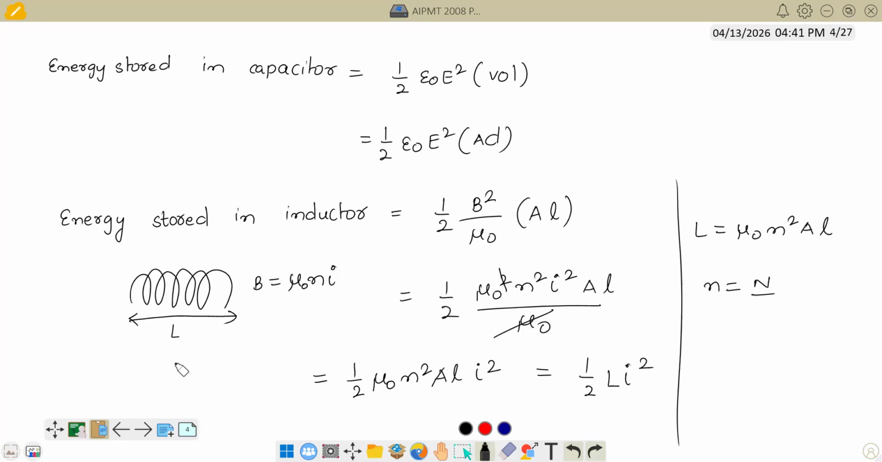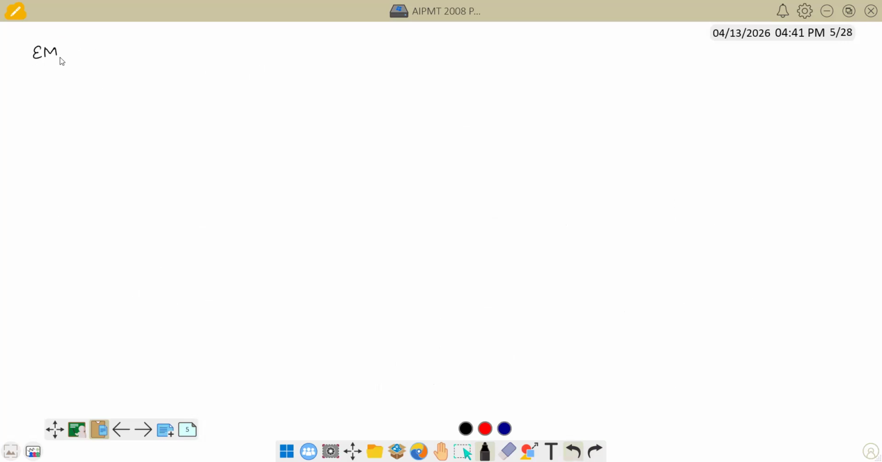Now, what if we have both electric field and magnetic field? Now, the question is, where do we have both electric field and magnetic field? We can get both electric field and magnetic field in an electromagnetic wave. Suppose we consider an electromagnetic wave, then the energy stored would be half, I will assume vacuum right now,